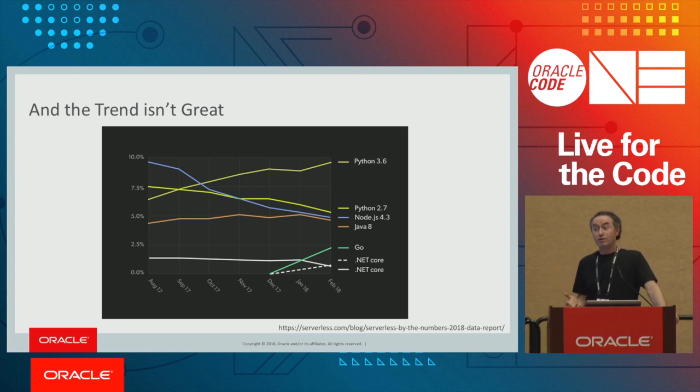So as Java developers, the question is, why aren't people using Java for these things? What's wrong with it? Is Java just the wrong language for this environment? Is it because there's some limitations with Java? That's the key question I want to talk about today.